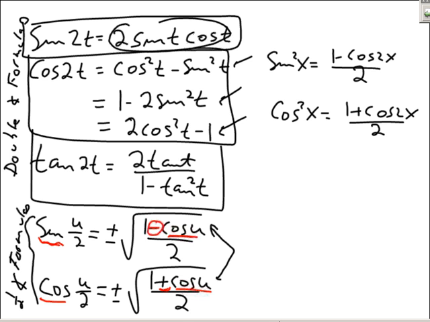Okay. You should know these formulas. They're going to come in handy. You should definitely know this handful of formulas for doing trig identities. Okay, that finishes up the section on double angles, reducing angles, and